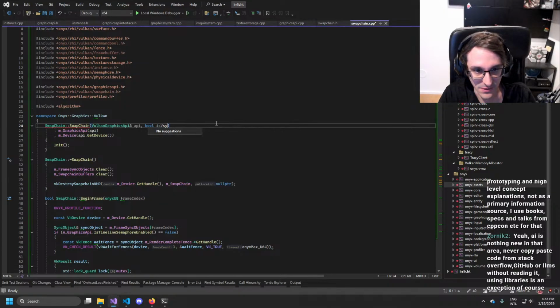Is vsync enabled, and the other thing is the frame size, the extents.